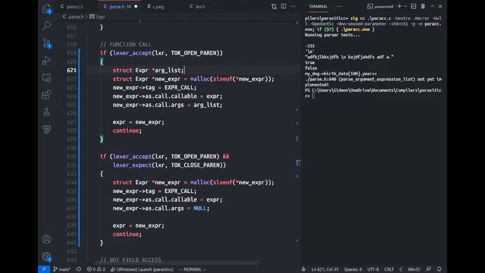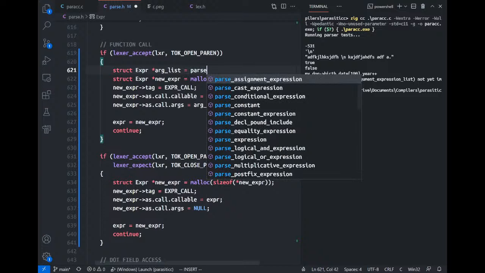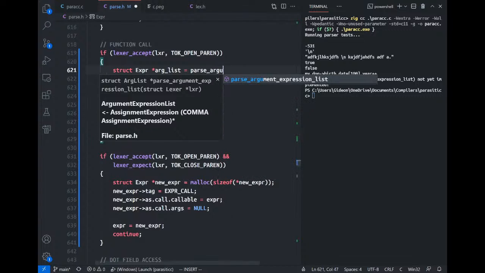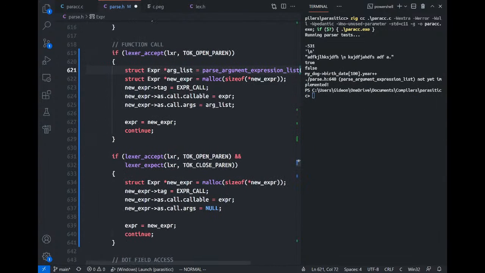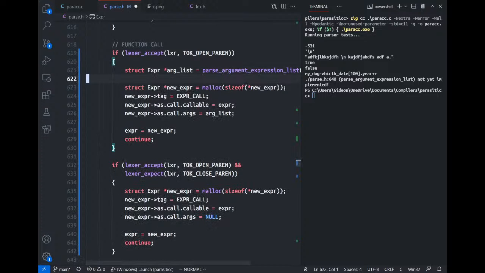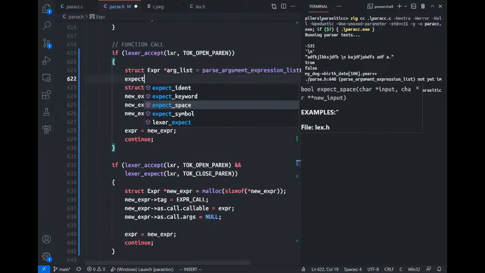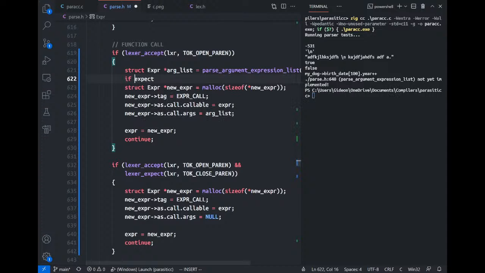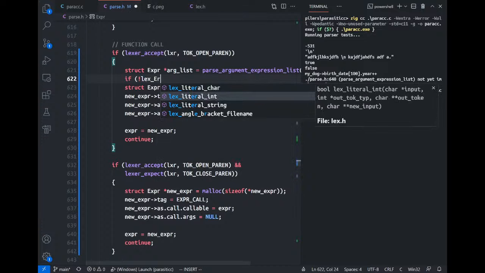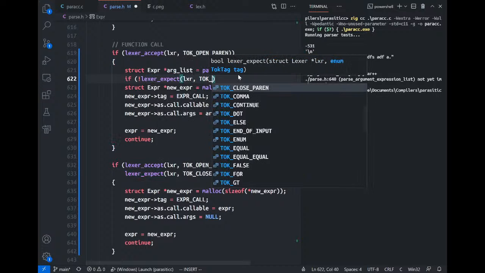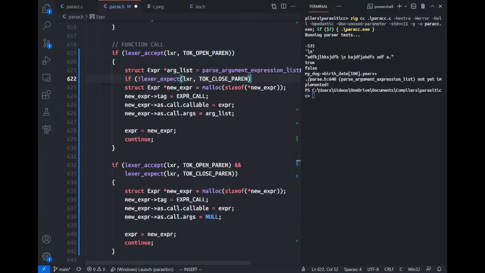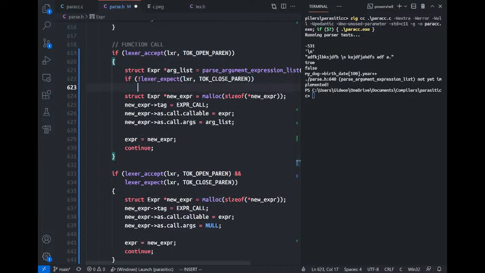So we have arg list, and we can immediately say parse argument expression list with lexer. And then we need to say expect, if this is not the case, that we can't lexer expect a token close paren, then we need to return